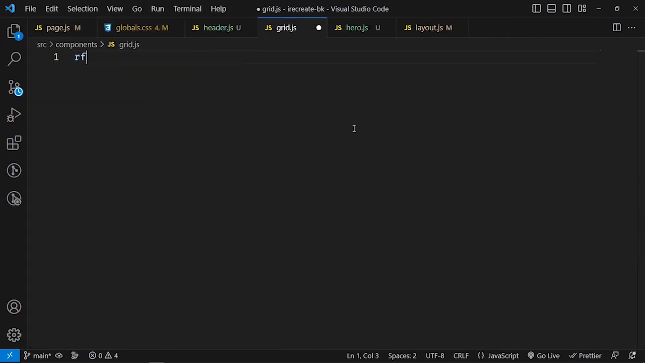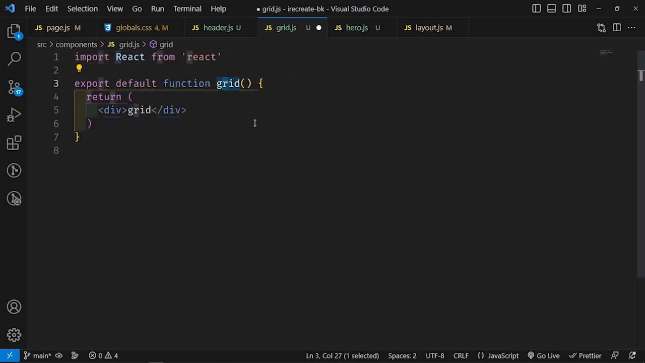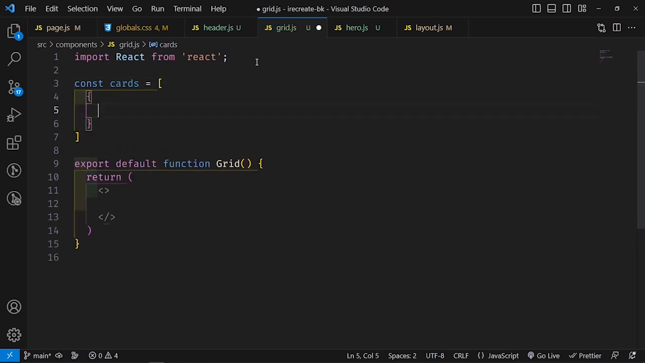And then inside here, I'm going to say RFC, and then change this to a capital G. And then we're going to return a fragment here. And let me see. Let's just go ahead and create the array of objects right away. So I'm going to say const cards equals an array of objects. And the first one is going to be the path to the image. And this should be /images/card-1.webp,